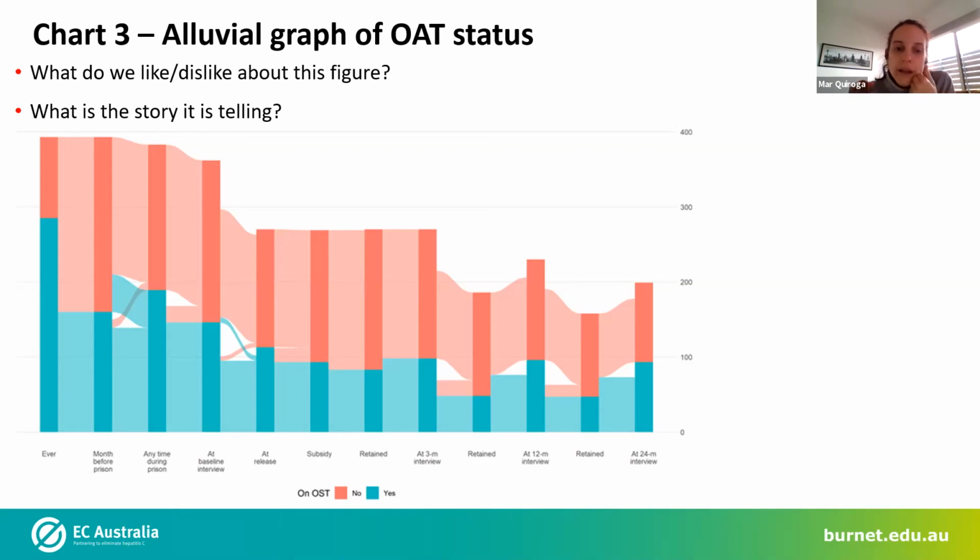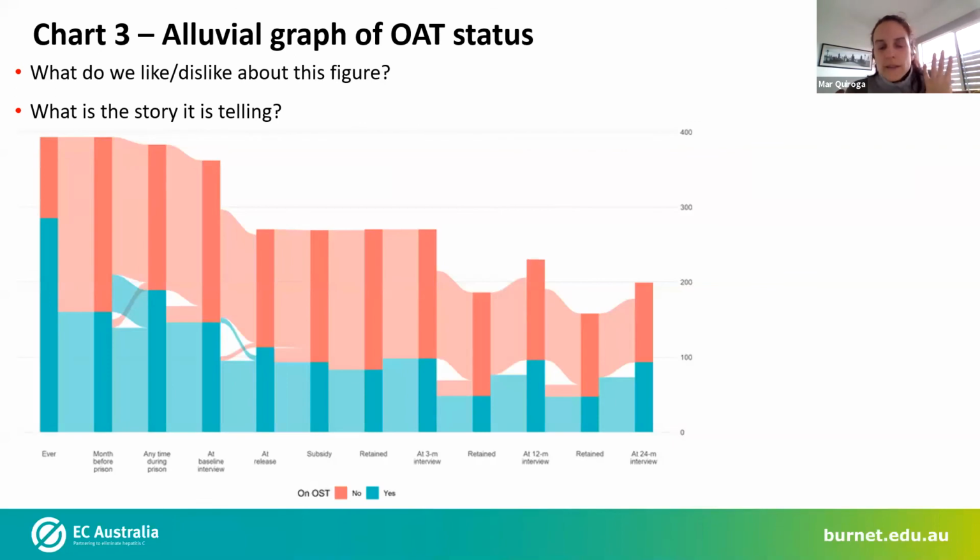The other really important thing is that you can see people when they go from one group to another. These lines connecting the bars, you can think of each horizontal line as representing one person, so you can see if they switched from one group to the other. You can see quite a few switches between the 2nd and the 3rd, and between the 4th and the 5th. Between the 2nd and the 3rd, a bunch of people went from not being on opioid substitution therapy in the month before prison to being on opioid substitution therapy during prison.